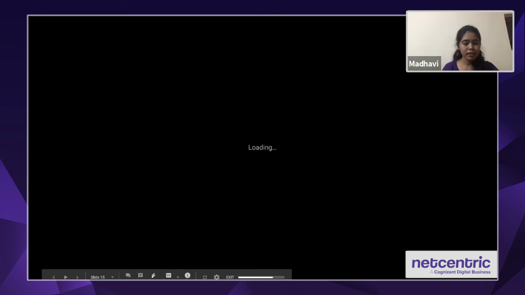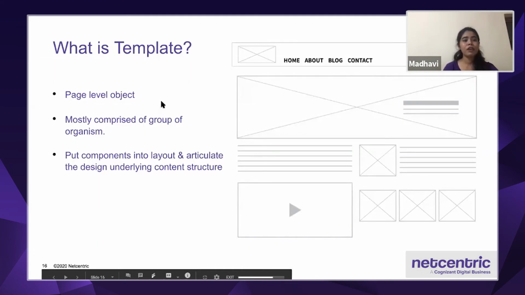Going on to the next slide, the template. A template is a page level object. Now that we have organisms defined in our design system, we can break the chemistry analogy here and apply all these components to something that resembles a web page.